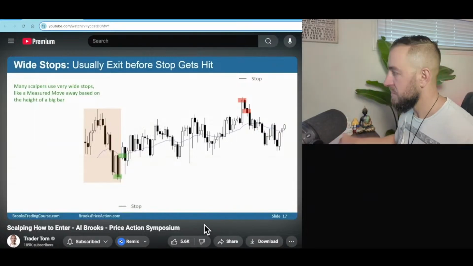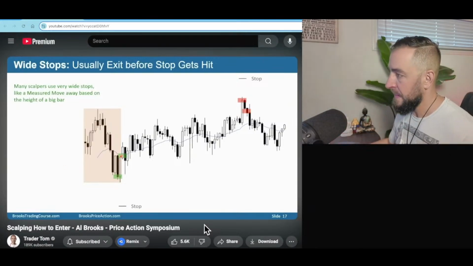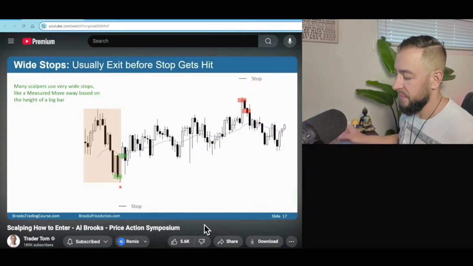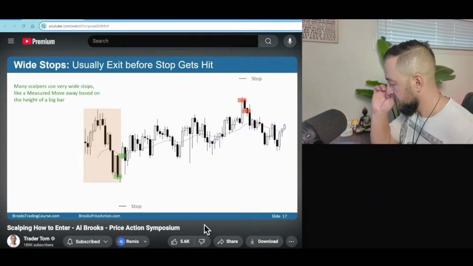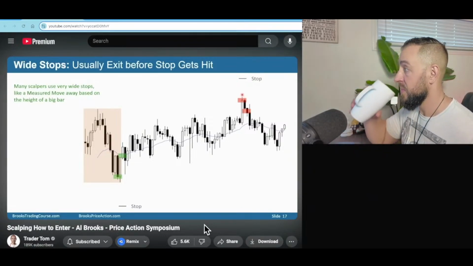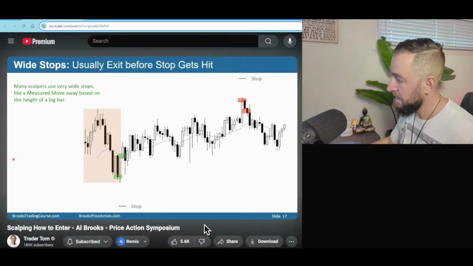I said scalpers often use wide stops. So for example, if a bull bought that bear close, or if he bought above this bull bar, instead of exiting below a bull bar, he might use a wide stop, maybe a measured move down based upon the height of this trading range. And the opposite's true here. If he sells that close or sells below that bar, instead of exiting just a little bit above, he might use a wide stop, maybe based upon the height of this buy climax bar, and then look to add on higher.